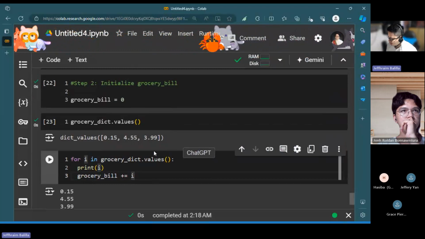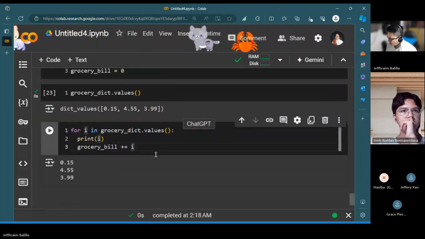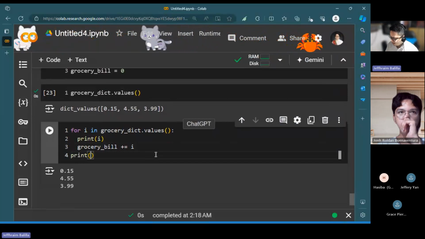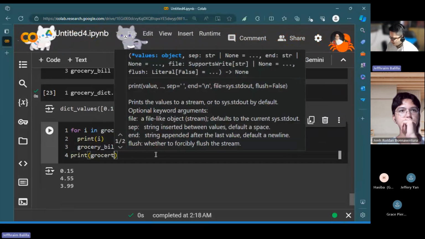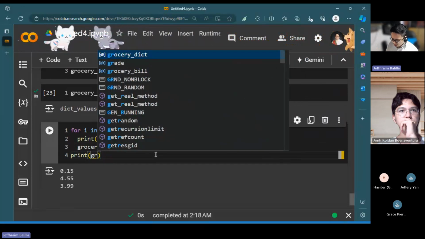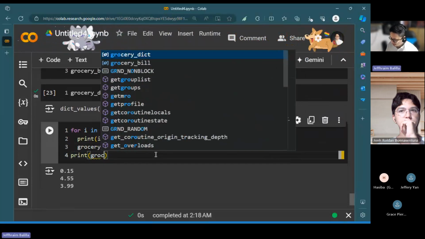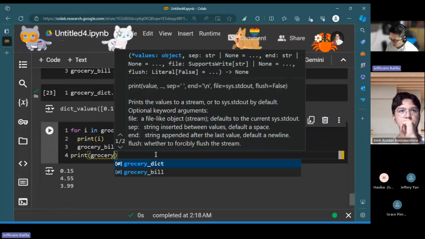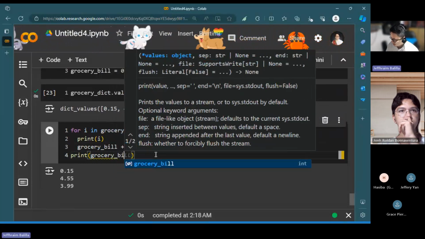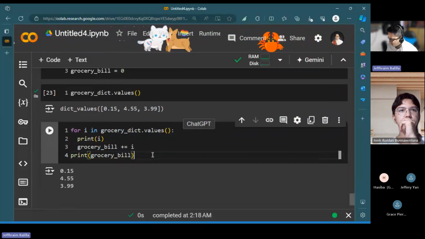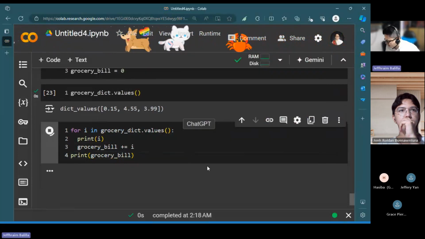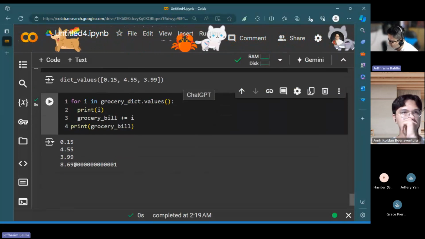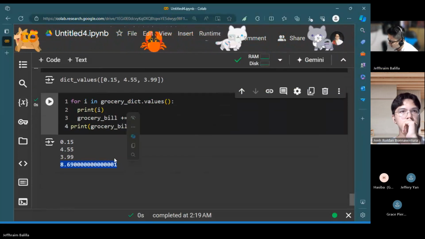And then notice I'll be putting the print here outside because I don't want to include the printing of the total in the loop. I'll show you later the difference. So this looks good. So now we have a total right here. Is it correct?